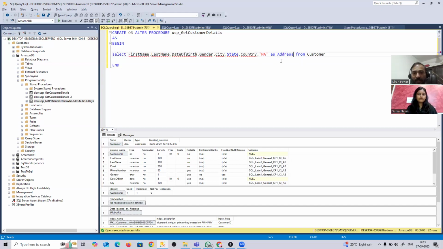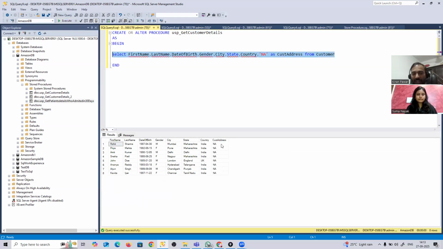Like this is my customer address, let's say, but that will be NA only. So this is a hard-coded value that doesn't make any sense. But if you want to do manipulations, let's say your order quantity and you have the amounts, you have to calculate the total amounts, that transformation logic you can write. But if you want to add